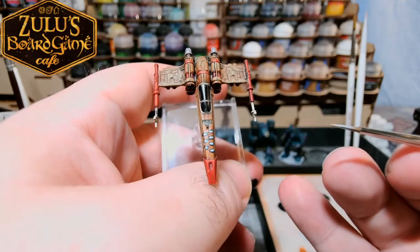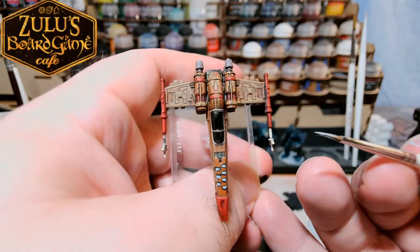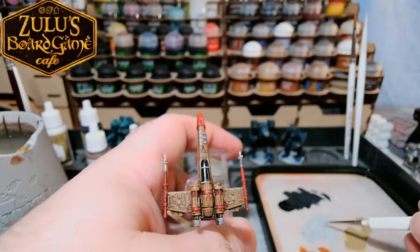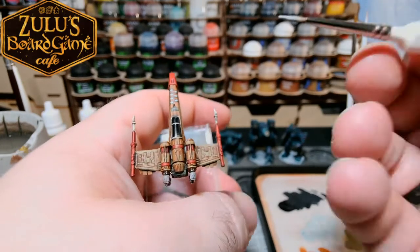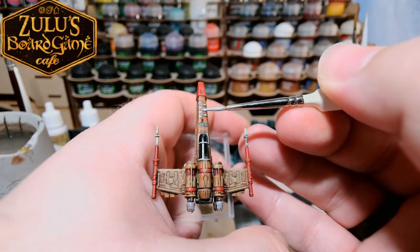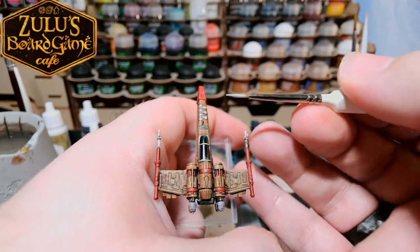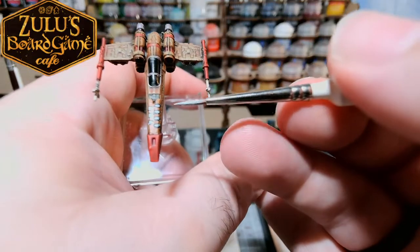See, now it looks like there's essentially an outline around it, except for that one tooth that's a little muddy. See if we can clean that guy up. What we might do for this one is just have that be some battle damage. That is the nice thing about doing battle damage, is if you don't necessarily like how things turn out, you can just cover it with battle damage. I mean, don't use that as a crutch, certainly, but...